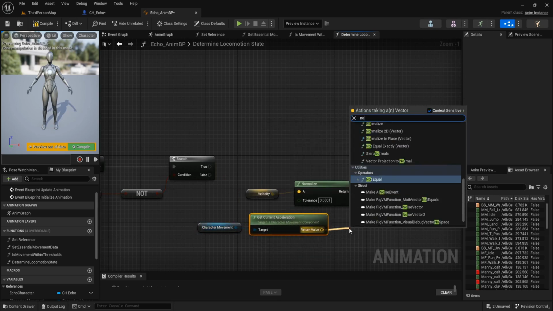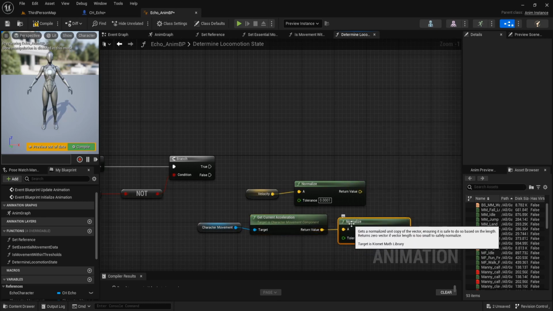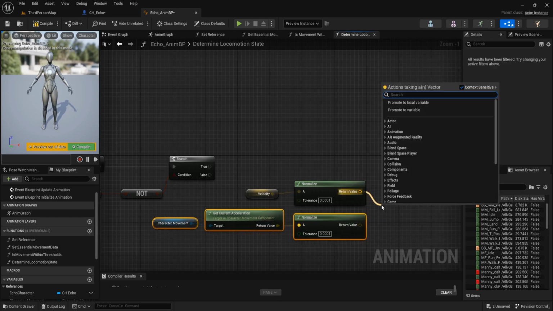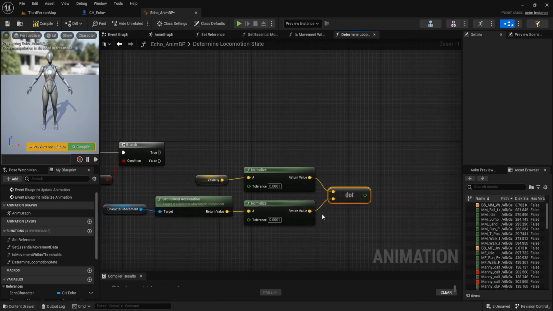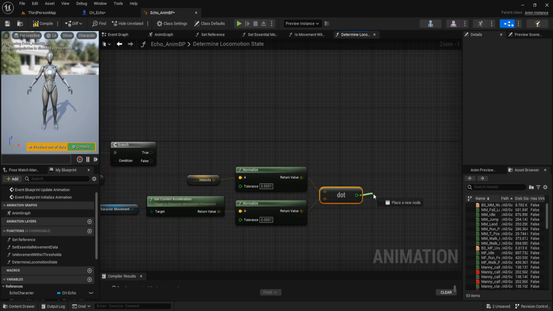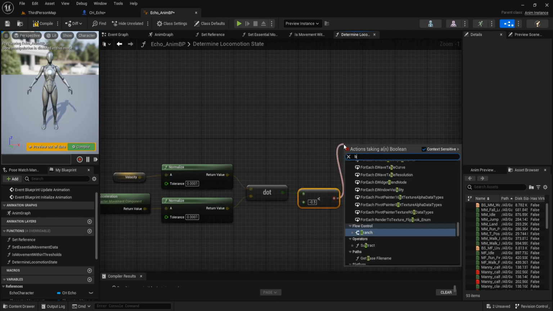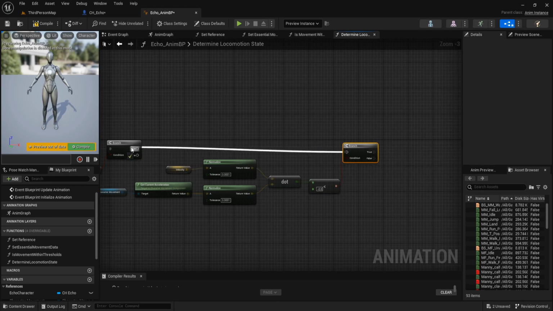And call normalize. Dot product with these two vectors. And if it is less than minus 0.5, we create a branch and connect to true.